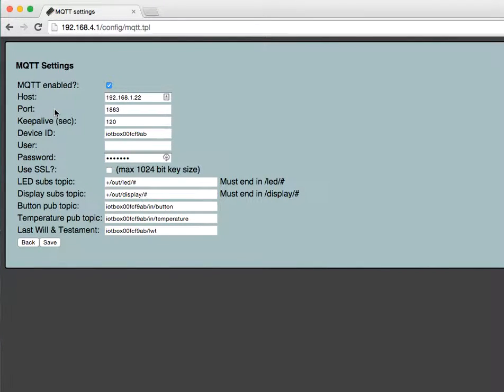The MQTT settings, here you put the host, the port, username, password. The device itself has an RGB LED, so we have a topic that we subscribe to, as well as display topics. We can display 5 lines of text that are user definable on the device. We also have topics for the button. There's a push button on the device which generates